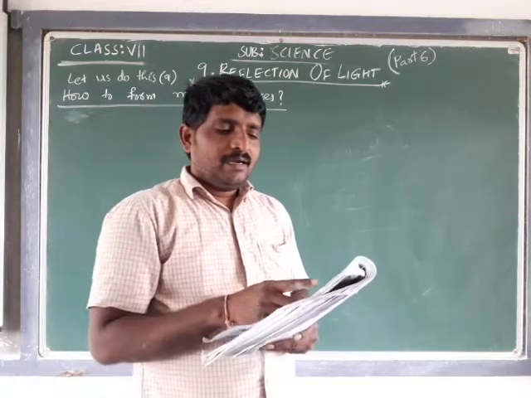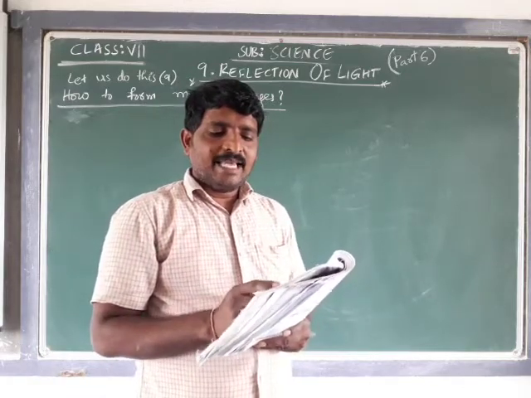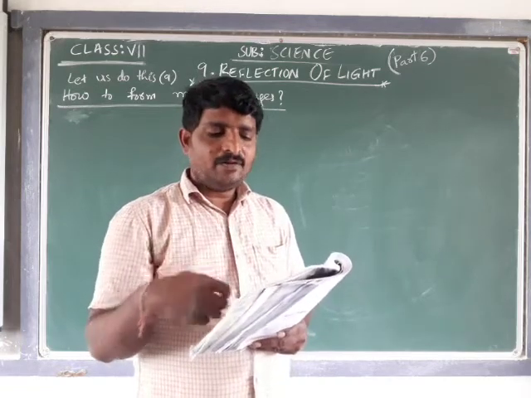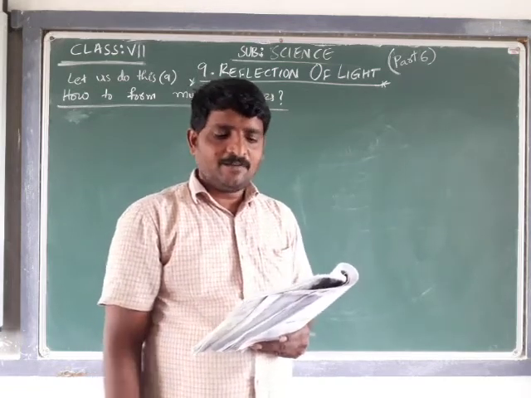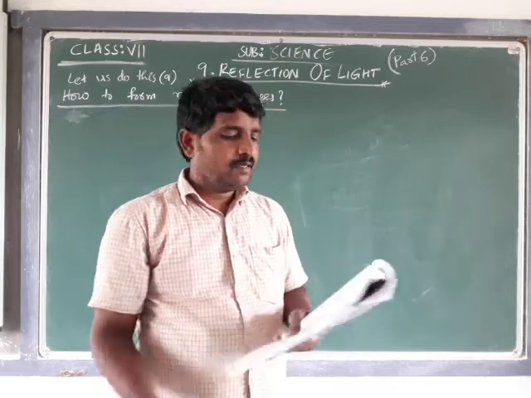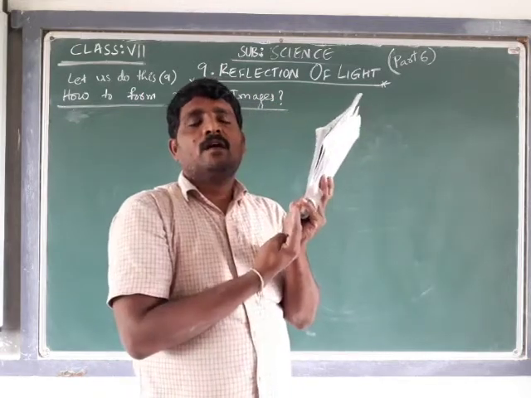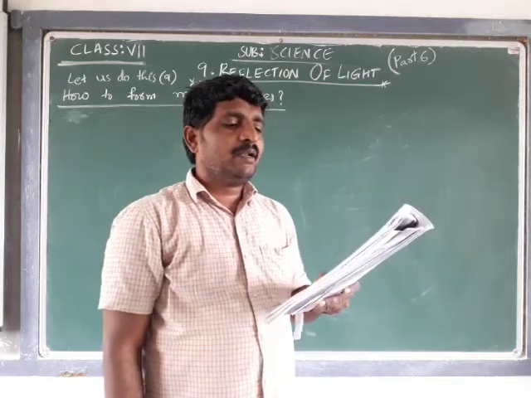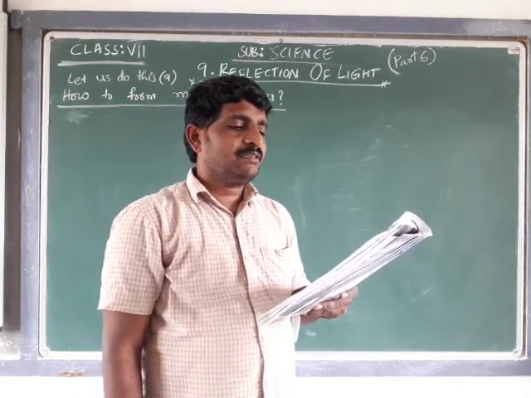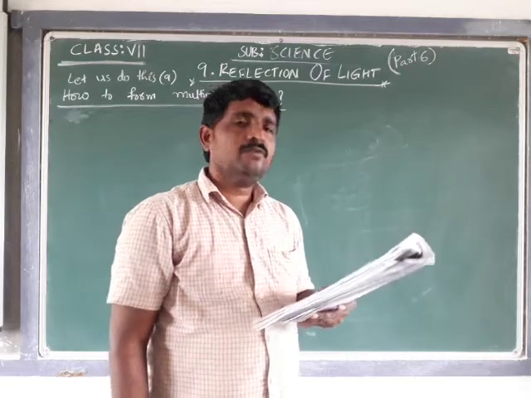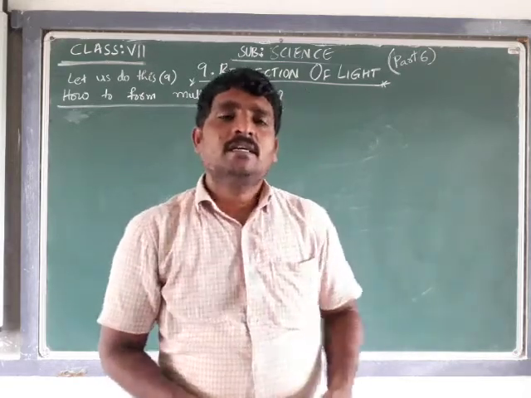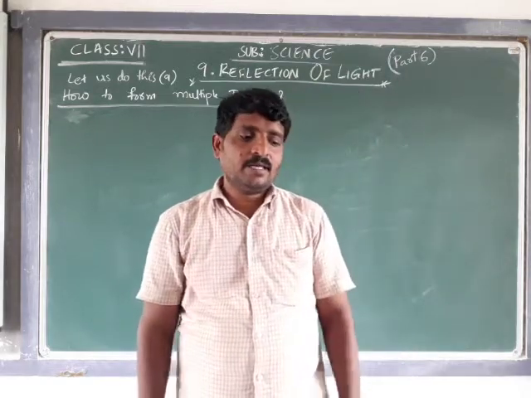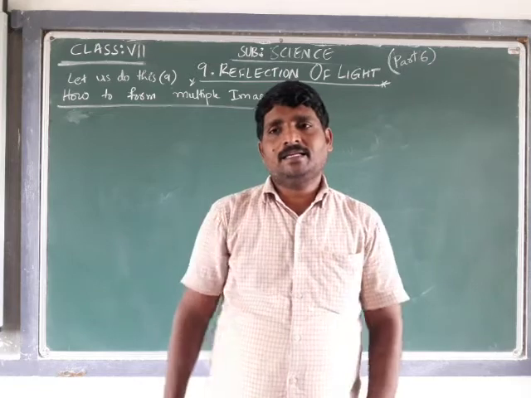Take 2 plane mirrors of the same size and join them with cello tape as shown in the figure. We have to take 2 strips of mirror and join them. Fold the mirrors through a certain angle and place an object between them. How many images can you see? We have to place an object in front of the mirrors and see how many images are going to form. That is our intention.